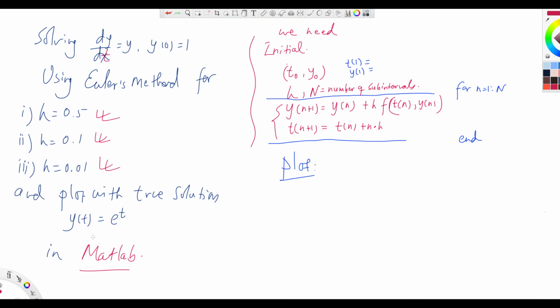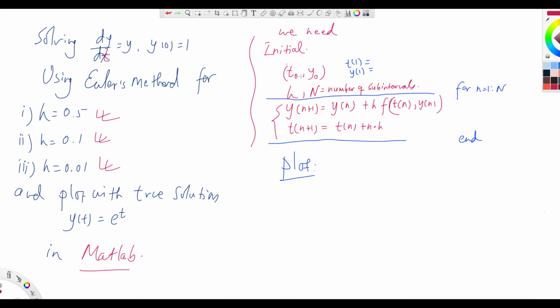Okay, I will use MATLAB and plot the approximate solutions versus the true solution, that is y equals e to the t, in MATLAB. So we will plot all these three different solutions with h equals 0.5, h equals 0.1, and h equals 0.01, and then we also plot the true solution, which is y equals e to the t. Okay, so what are the things we will need in MATLAB? The initial condition,